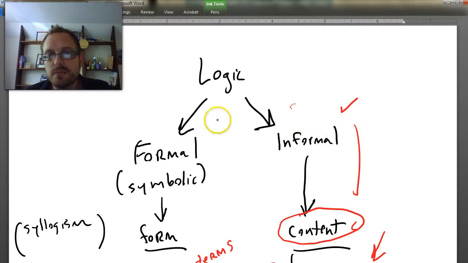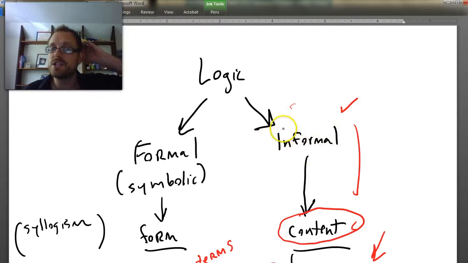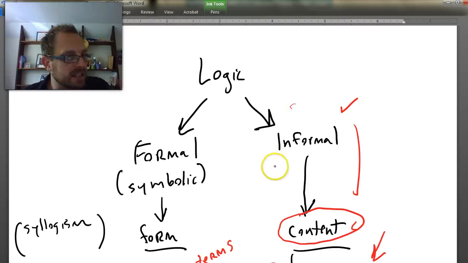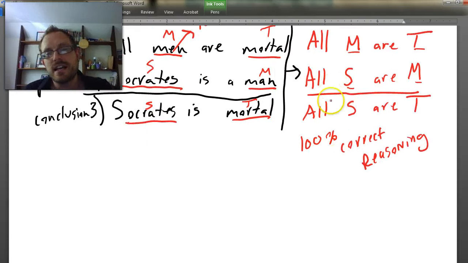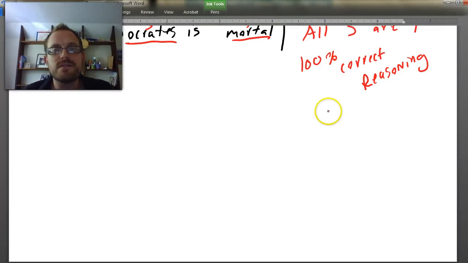There's a similar difference here, though it's not identical, between deductive reasoning, which is usually associated here with formal logic, but they don't mean the same thing, and also inductive reasoning, which is by definition actually informal logic. So we're going to talk about that here in another video, but I want you to see this is essentially what logic is, and logic provides us with an absolutely fabulous way of assessing